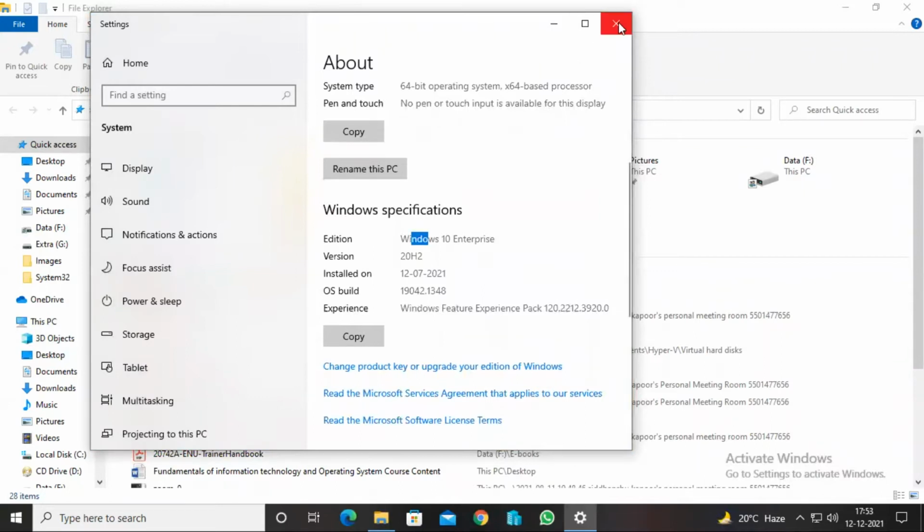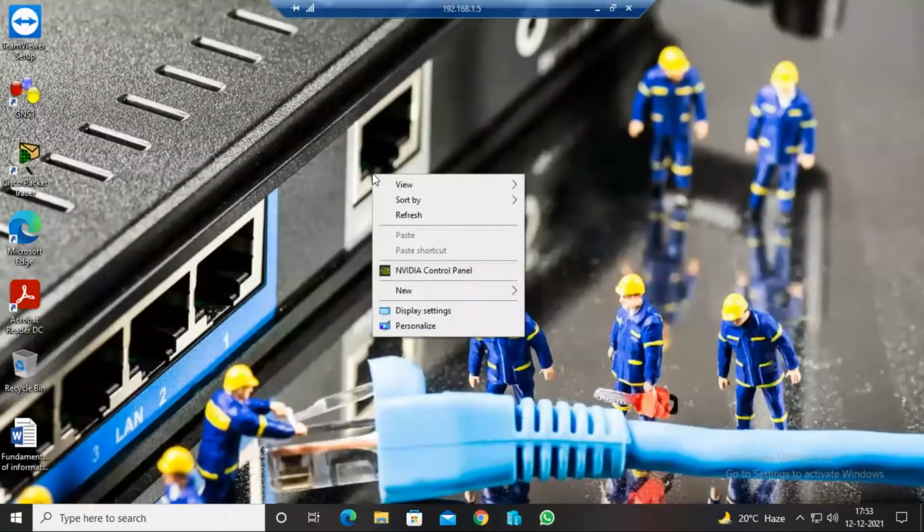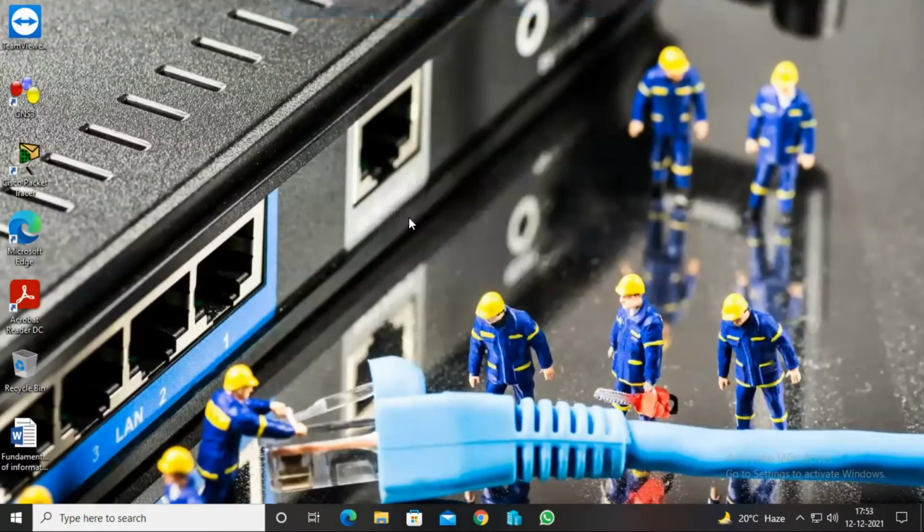Now I have two options. For virtualization, we also have two options: either I go for VMware, or I go for Hyper-V. I'm going to use Hyper-V in this series. In Windows 10 Enterprise Edition, you have the Hyper-V feature, which is already there in your operating system. You need to install Hyper-V first, and then you can use it. In Windows 10, you can use Hyper-V only in three editions: Enterprise, Ultimate, and Professional. Right now I'm using Enterprise Edition.